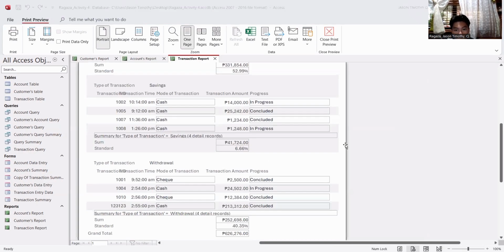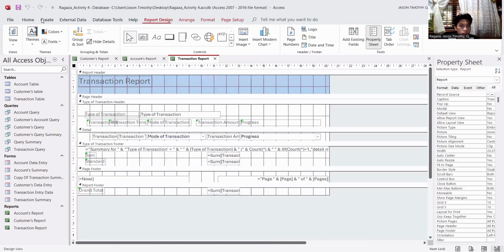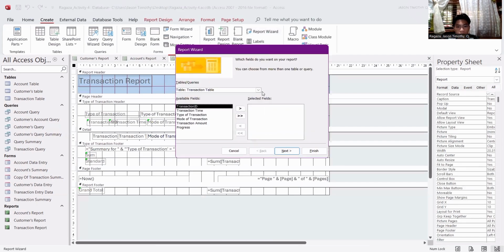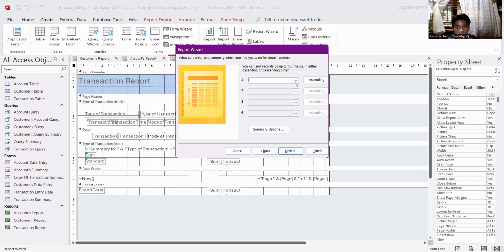Next, we are going to create the customer's account query report with the same steps. First, we are going to the create section again and click on the report wizard. This time, we are going to select the customer's account query and select all the available fields. Click on next. Over here, we're going to select the customer ID and click on next. For our ascending order, we're going to select the type of account transaction, and then